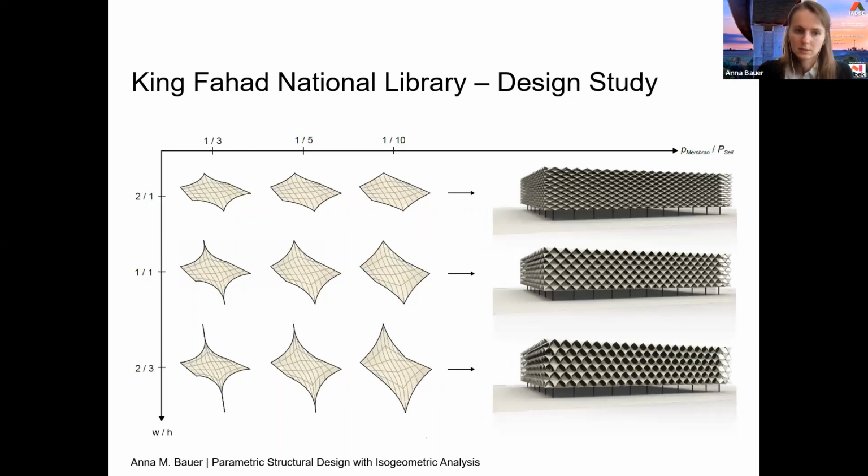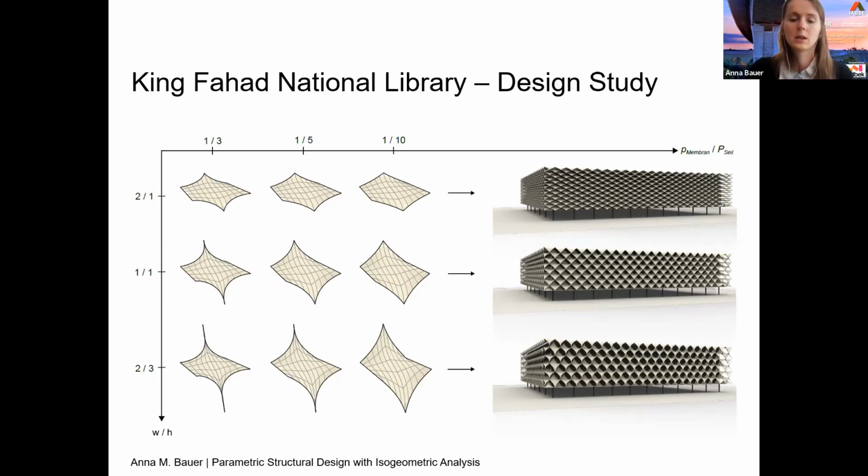So once the pre-stress relation is changed, and once the relation between the width and the height is changed, we get again different appearances of the whole building, and the building physics are influenced by that as well. And by that we can set up a model that is able to evaluate several aspects of the whole structural design process, not only focusing on whether the material is good enough to withstand the loads and influences